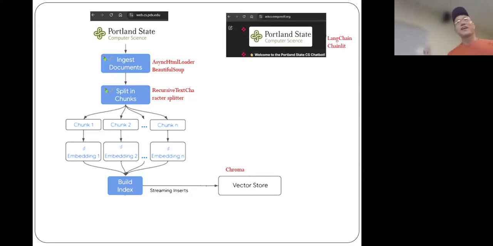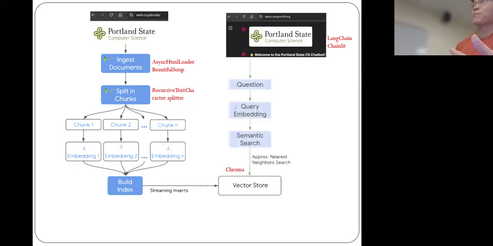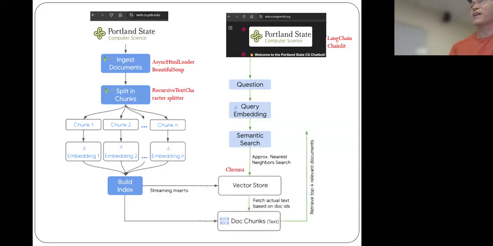Okay, so then the UI comes in. This is LangChain and Chainlit, similar to Streamlit that you're using, Mike. So this is what happens. You enter in a query, "tell me about the department," and then it does the embedding, the same embedding that is done on the chunks, and then it does a semantic search to say, which chunk is most related to the question. And then it pulls that out of the vector database along with the URL for that chunk,